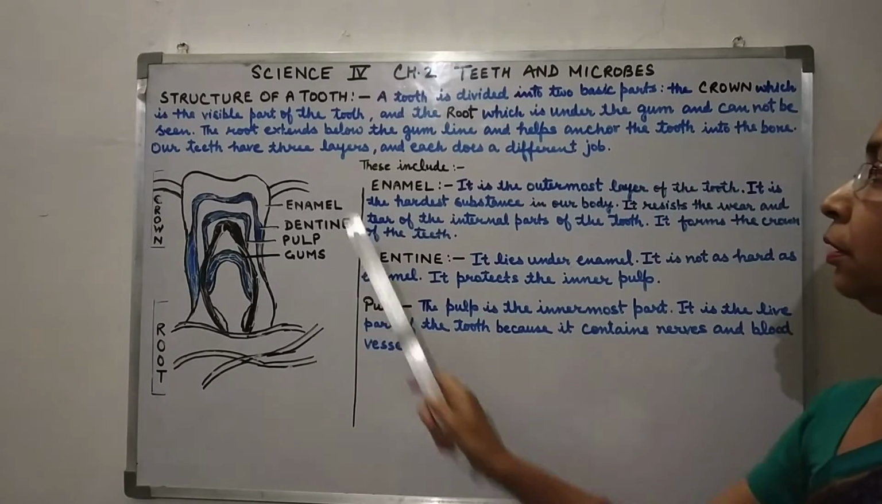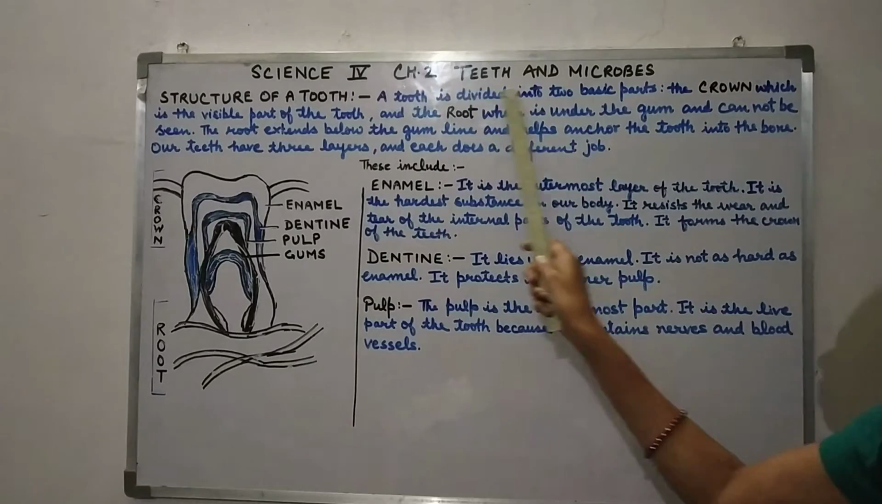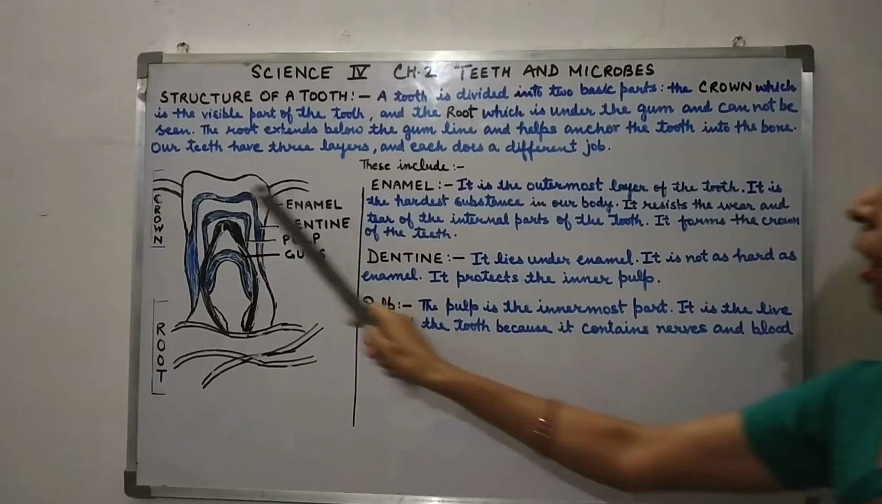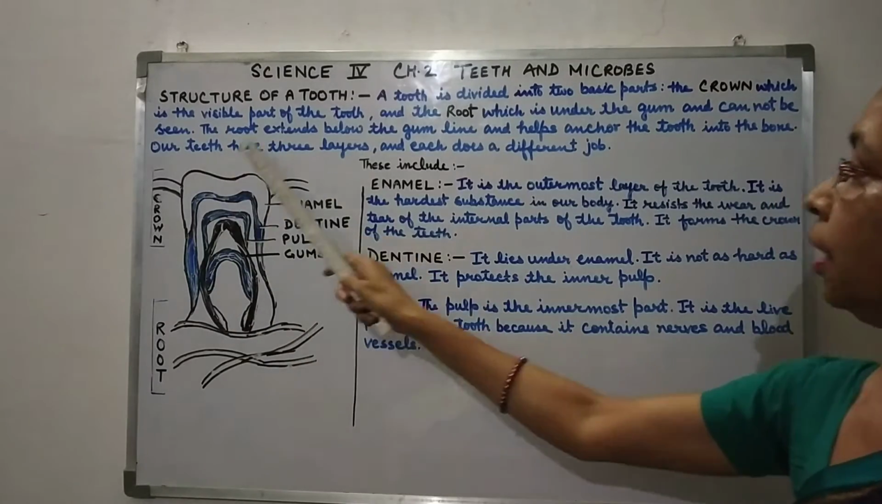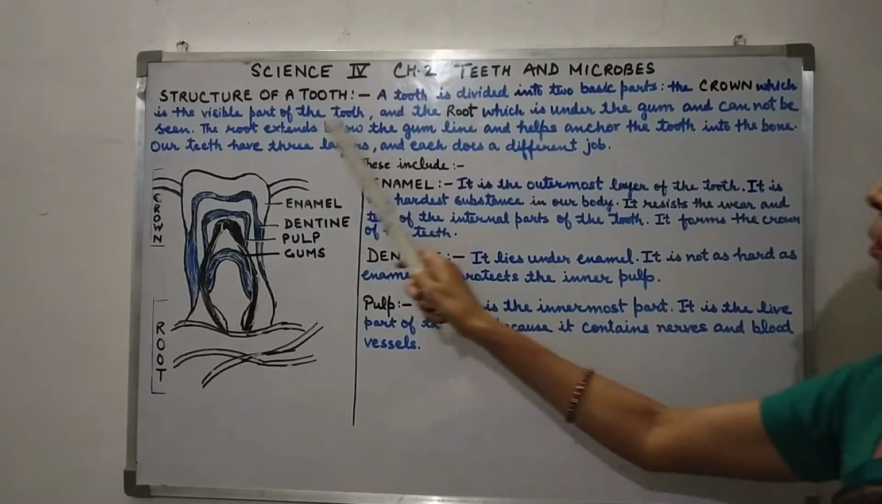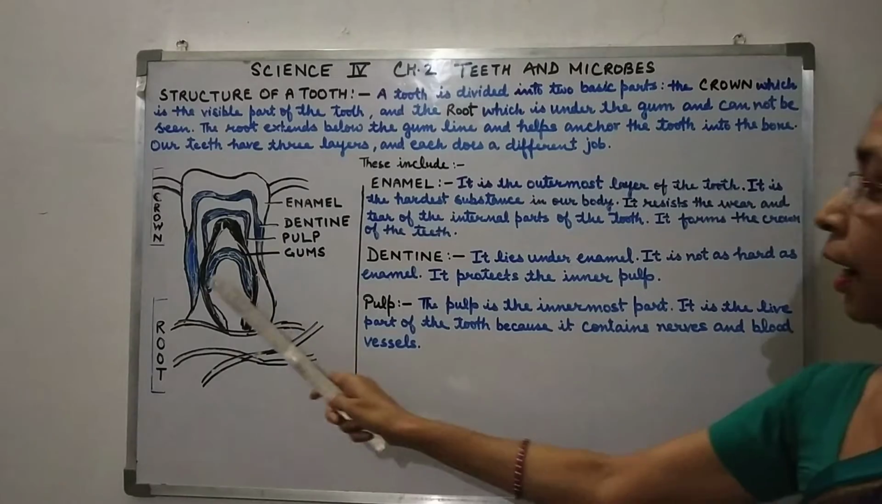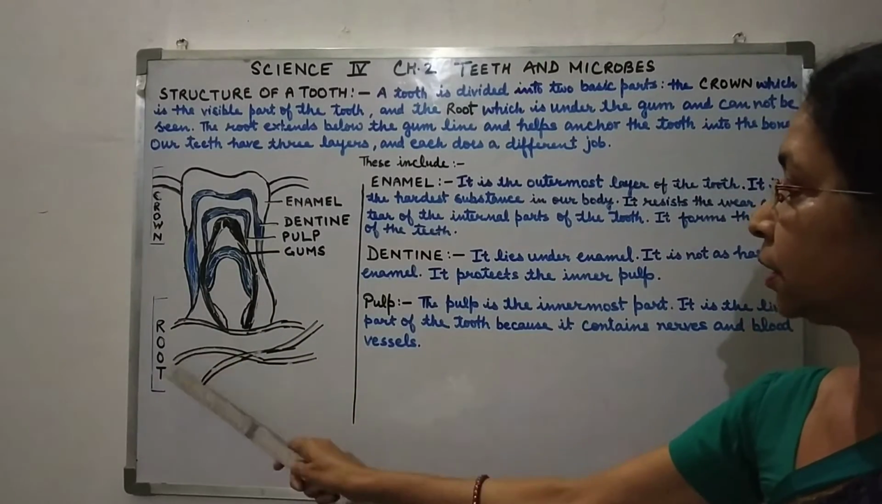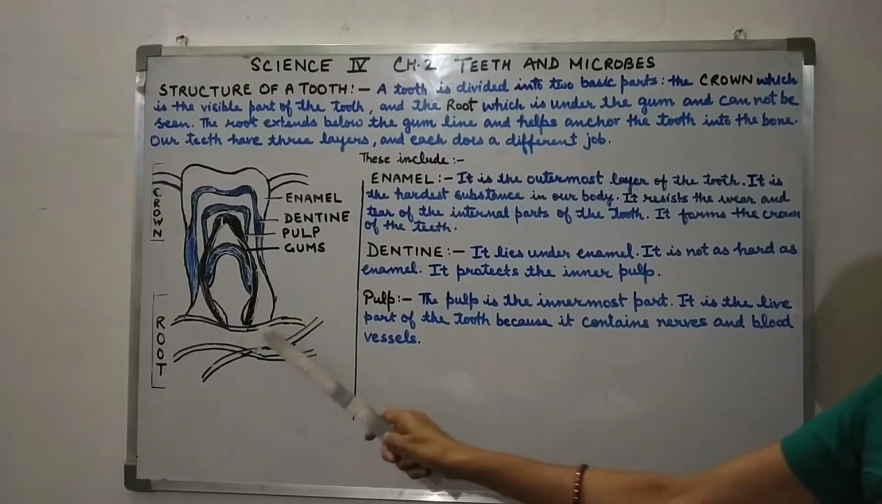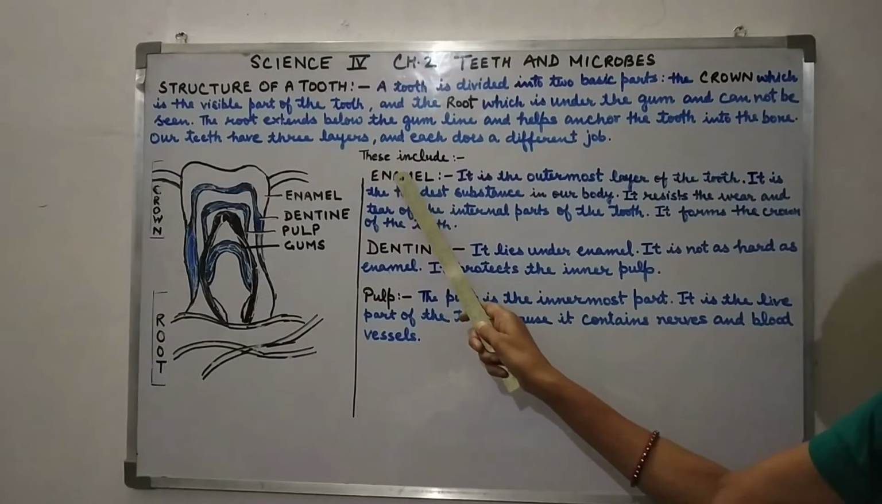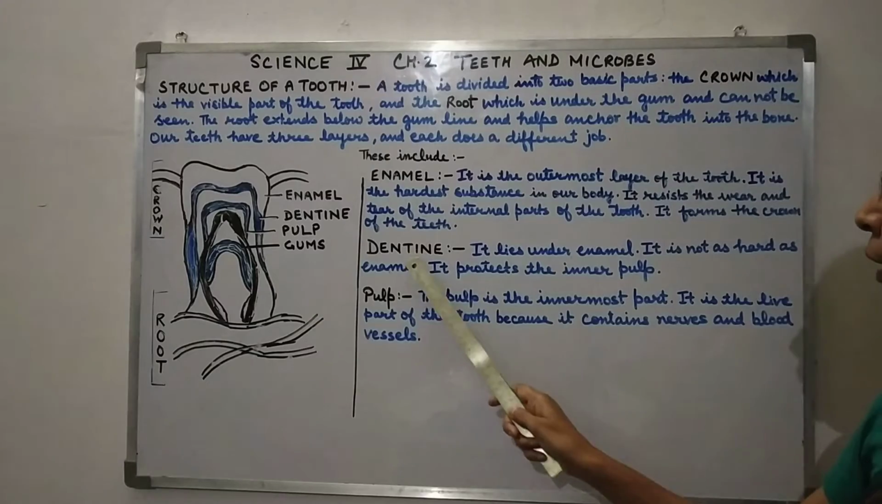So, children, there are 2 parts of the tooth, crown and root. The crown is the visible part of the tooth, and the root extends below the gums and helps anchor the tooth. And there are 3 layers, enamel, dentine and